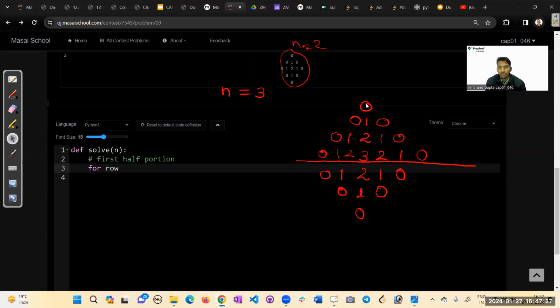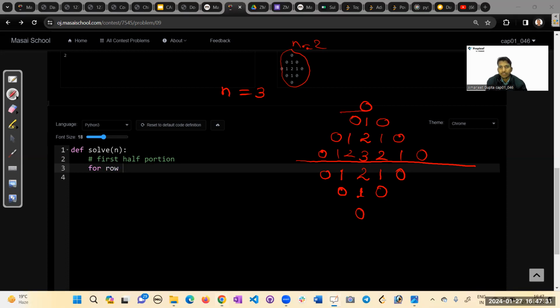This is the row: first row, second row, third row, fourth row. I mean our n is 3, and we are also starting our loop from 0. So we have to run a loop like this for